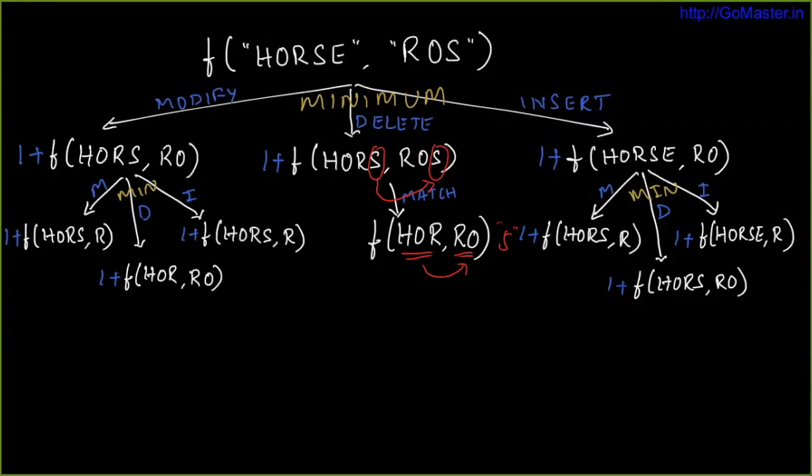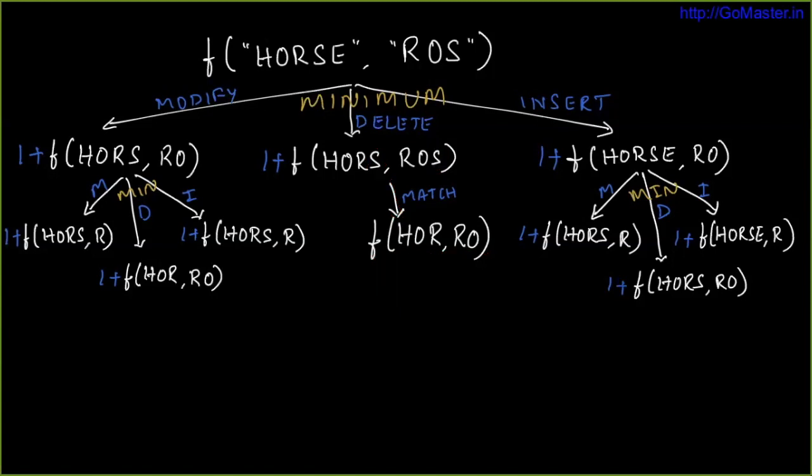And also I'm excluding the other two possibilities of inserting a character here, the same character at the end here, or deleting this end character and then solving for this problem. We are not considering those two cases because we can actually prove that there is a proof which is going to essentially lead to a greedy approach in this particular case. When the last two characters are same, we are being greedy and consider only this case and not consider the other two cases, because the other two cases are never going to be better than this one case, right? And that's what we are trying to do here.